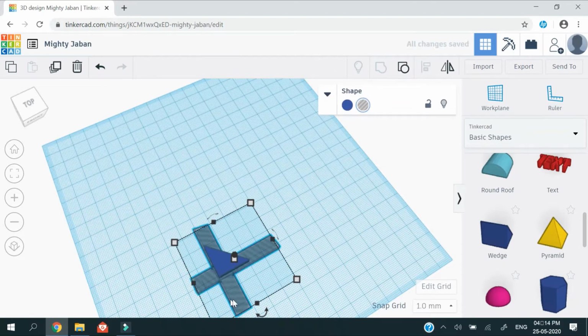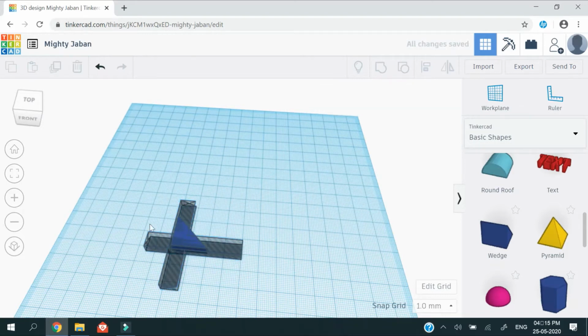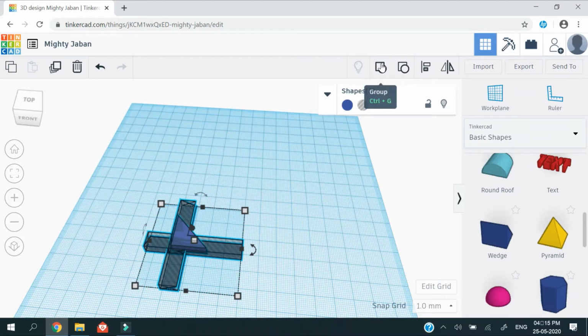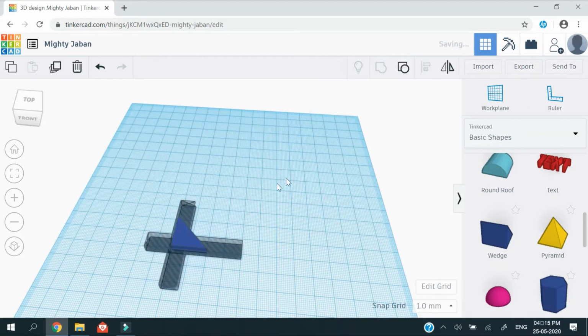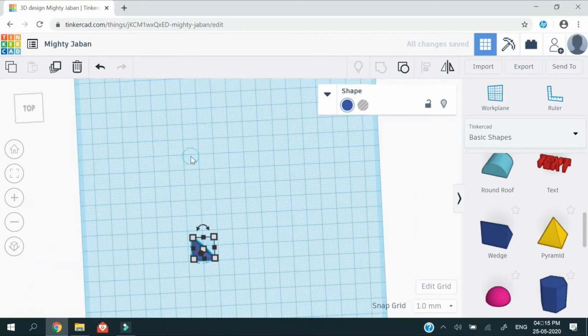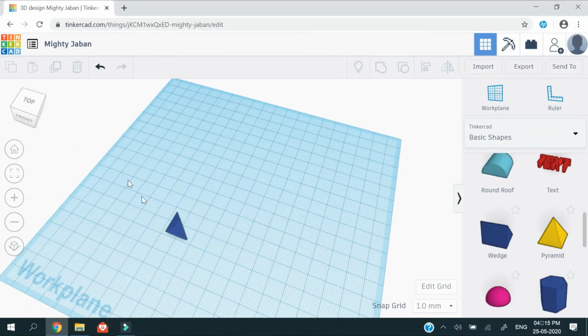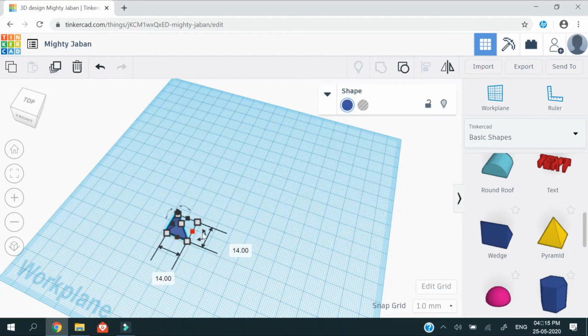After grouping the hole objects, duplicate the hole objects and mirror them like this, and select both the solid and the hole objects and group them. Here, as we can see, we have designed the base of our shuriken, and now we just have to select it